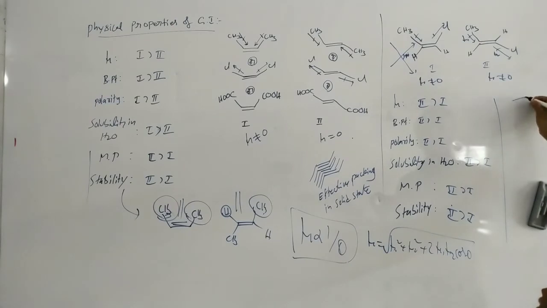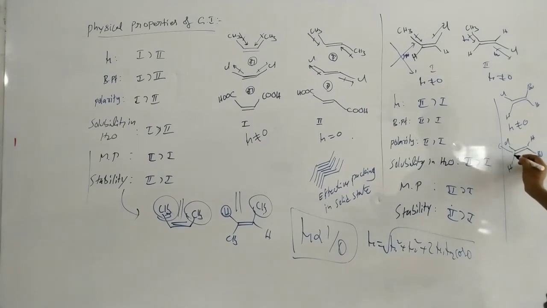Suppose you take this as chlorine, this as chlorine, this as hydrogen, this as hydrogen. Your mu is not equal to 0 for that one. Now take chlorine and bromine, with hydrogen. Here in this case the chlorine direction is towards bromine. Here also mu not equals to 0. Here mu1, mu2. But mu1 has a higher value than mu2, because in the opposite direction some extent of the bond moment cancels, since these two bonded atoms are not the same, so not exactly the same magnitude. So some significant dipole moment is there, even though that is trans.